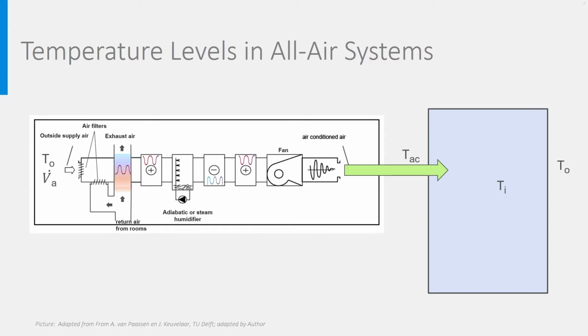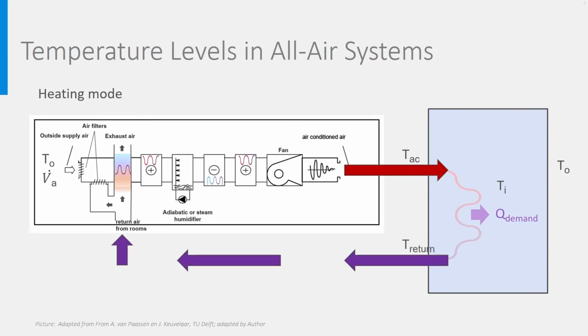Let's look at the heating situation. The hot air from the AHU at TAC comes into the room where it is cooled down, giving its heat to the room air, just like a heat exchanger would do. In reality, it is a bit more complicated than that because there is no heat exchanger, but a mixing process with room air, the temperature of which increases or decreases continuously depending on the room energy balance. Therefore, it's a dynamic process and it goes much too far to describe it in this course.